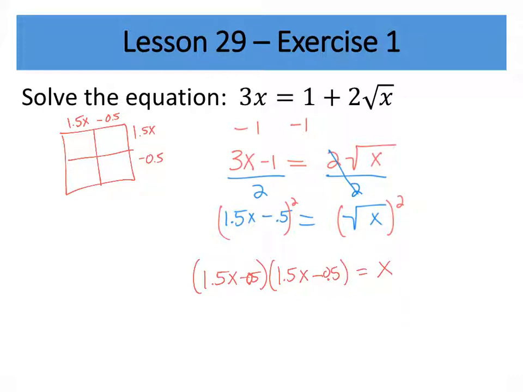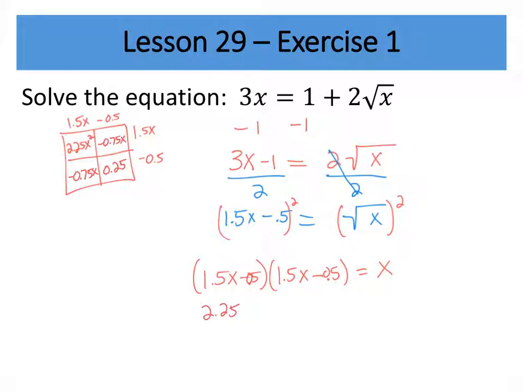So I've got 1.5 times 1.5 is 2.25, so 2.25x squared. 0.5 times negative 0.5 times 1.5 is negative 0.75x, and that's also going to be the same thing, negative 0.75x, and then 0.5 times 0.5 is 0.25, so that's going to be